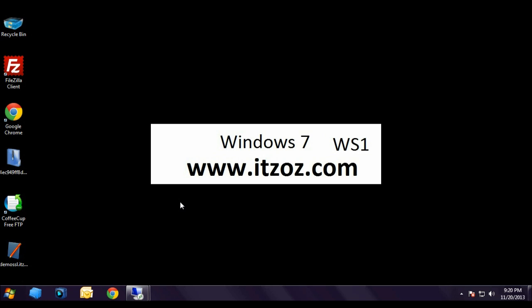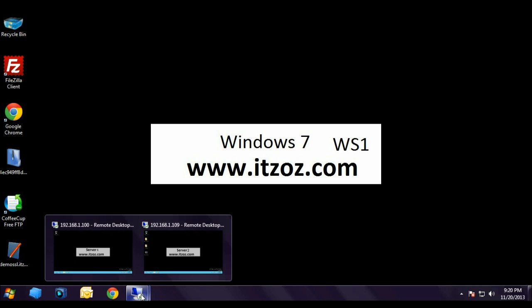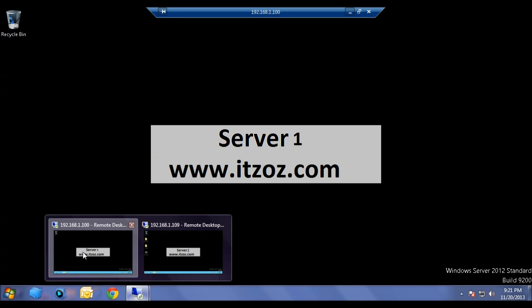Right now we are on our local machine. This is Windows 7. We are going to access the server using remote desktop. I have already opened up two remote desktop connection windows. One is 192.168.1.100 and the second one is 192.168.1.109. First, let us access our primary server, which is